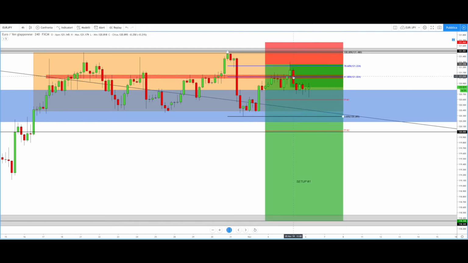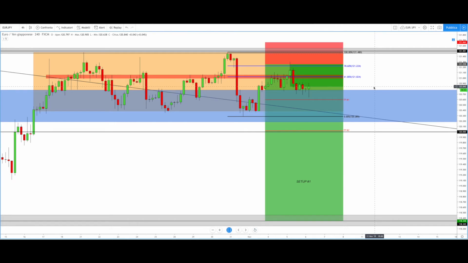candle that brought the price again below 121, and this was a big bearish signal. We can see that the price, after this first bearish movement, tried to go lower and break again this big slowdown area around 120.50, but in the last hours the price failed to go lower and formed these 3 upper shadows that could be a clear signal that the price is not ready to go lower and is ready for